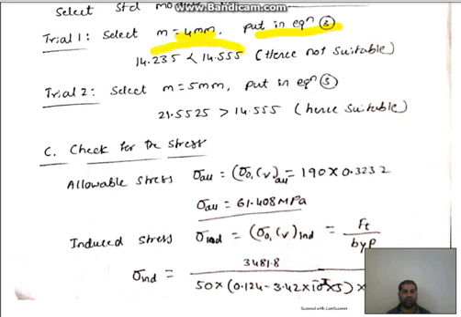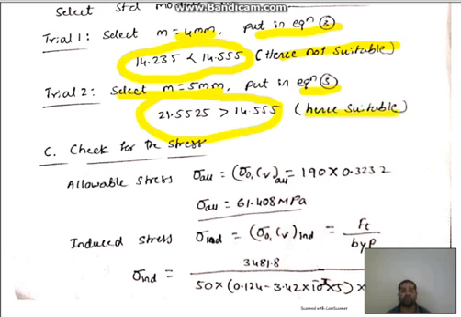After calculating, we get LHS is less than the RHS, and the selected module is not suitable. Trial 2. Select module equal to 5 mm. Put that value in the equation number 3. After substituting, we get LHS value is greater than the RHS, hence the selected module is